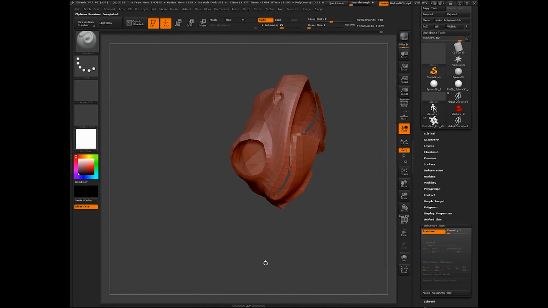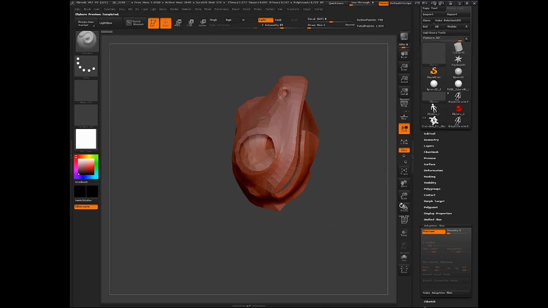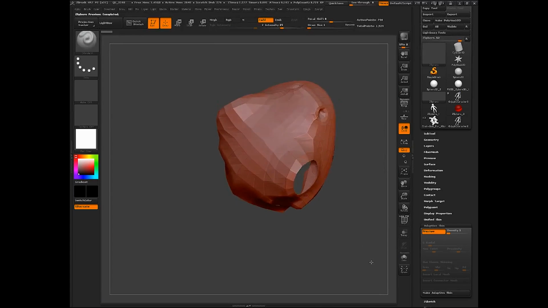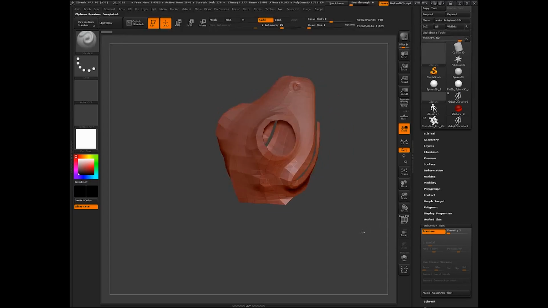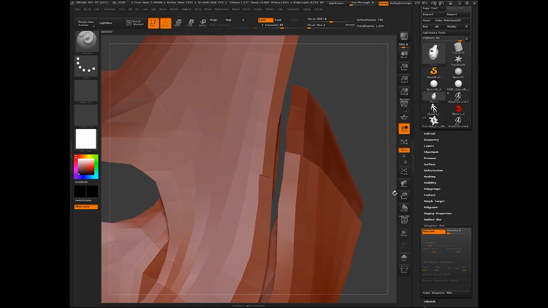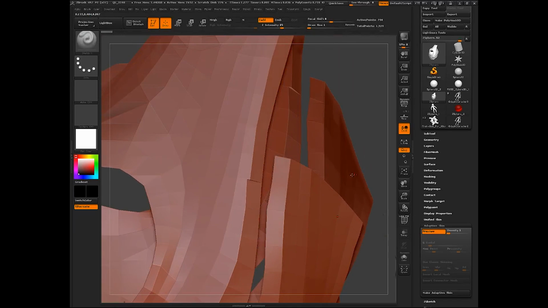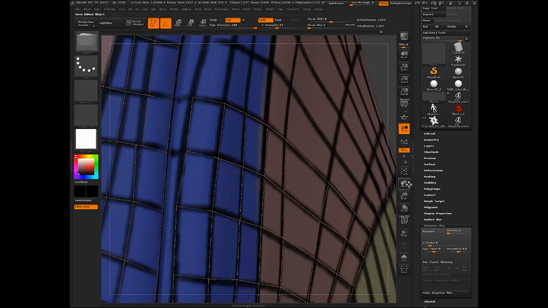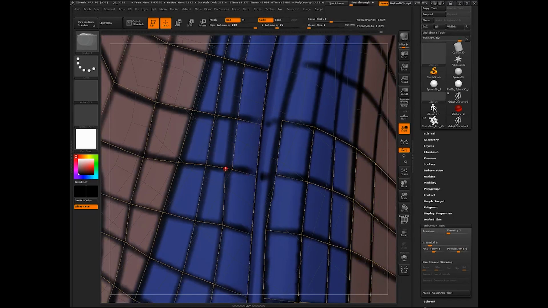Let's do another preview. Alright, and as you're doing your previews are a good way to see if you have any problems, and I can see right now in my preview that something in here is messed up. So I will hit A to go back, and you can see where I messed this up. I have a point that's sitting inside that edge, so I'll hold down Alt, delete that, and reconstruct that area correctly.